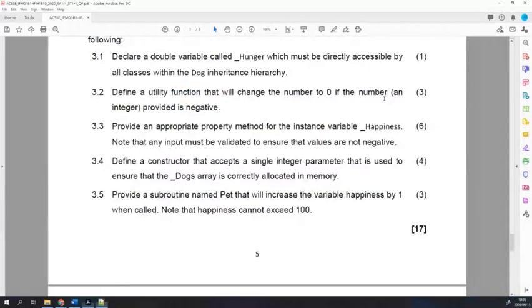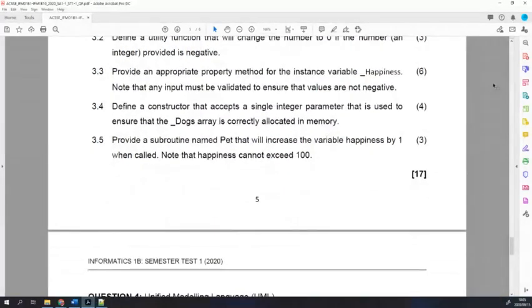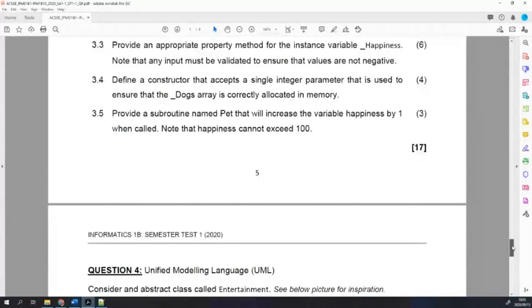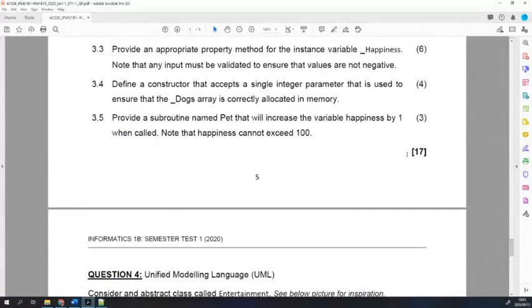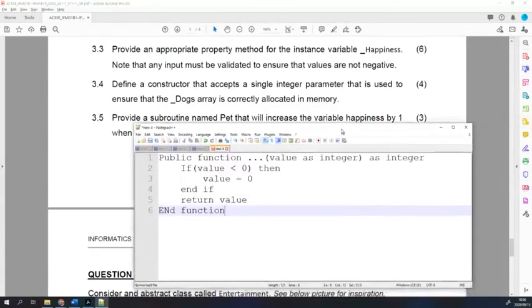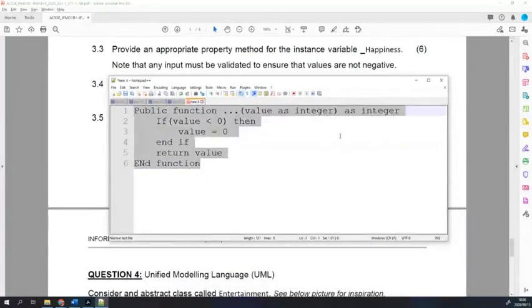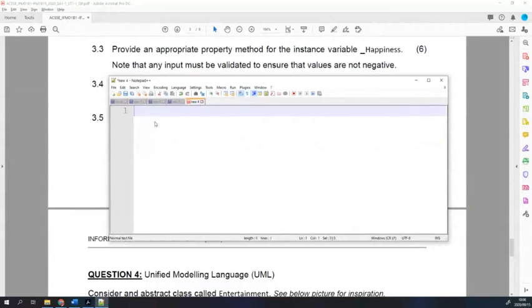Right. So let's move on to 3.3. I think I've covered most of the potential answers that I've seen in 3.2. 3.3 is: provide an appropriate property method for the instance variable happiness. Note that any input must be validated to ensure that values are not negative. Now, here I've seen some very interesting things. So